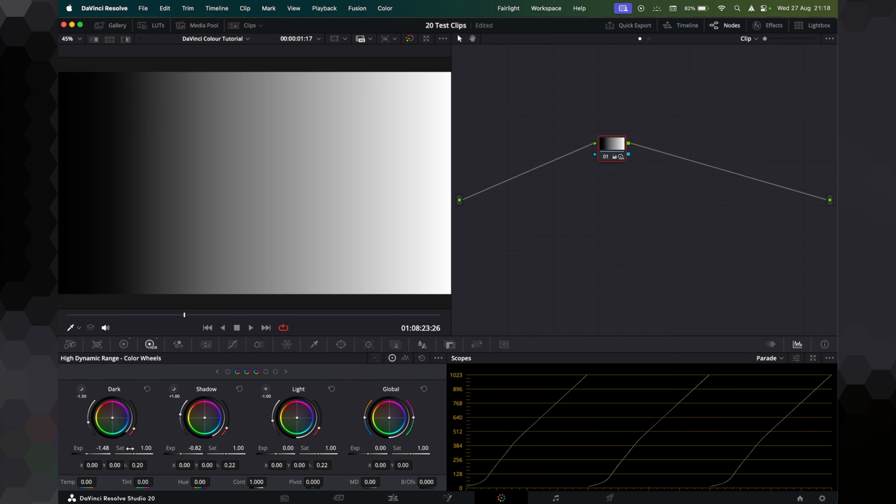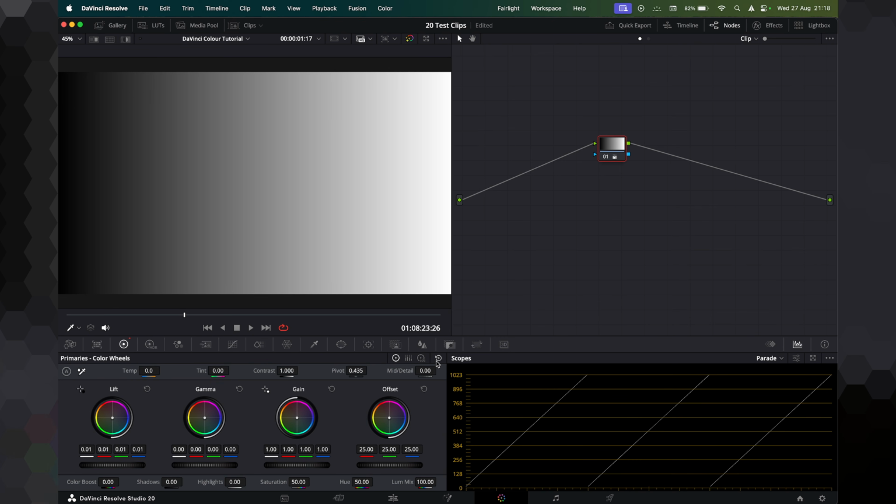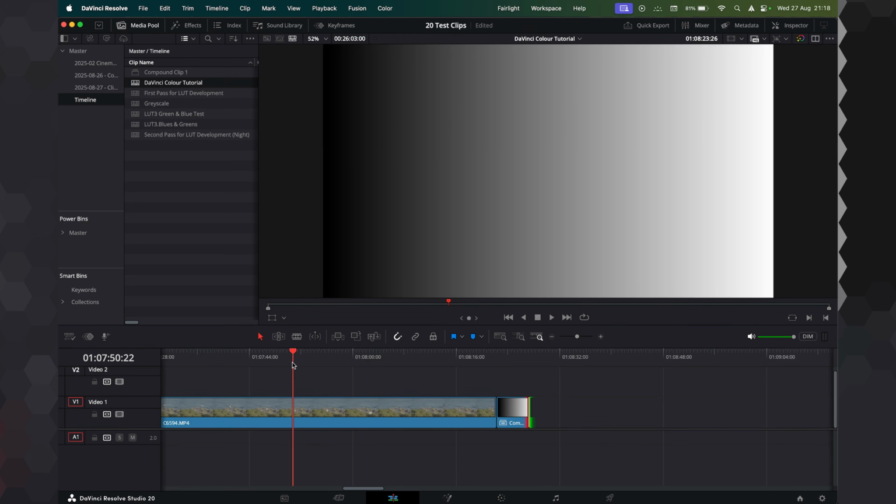So the HDR wheels give us a lot of control. Same on the top end, it gives us more control. So when you're fixing your exposure, you have the choice between using these wheels, and knowing exactly how they affect your shadows, your highlights, and your mids will basically allow you to have greater control